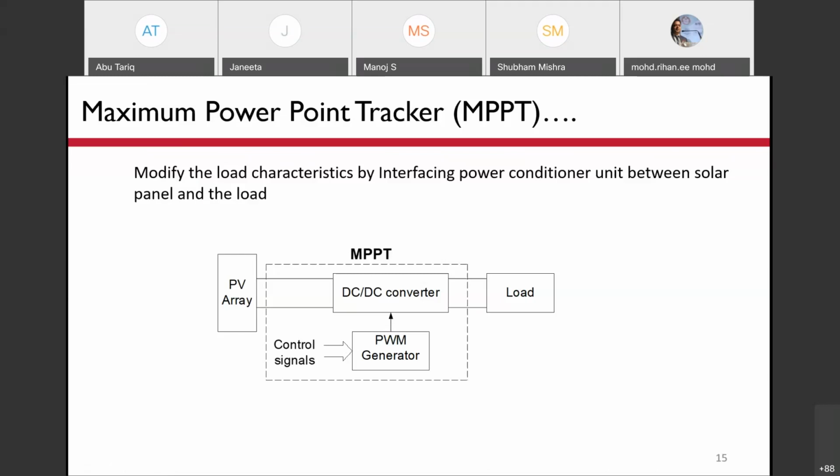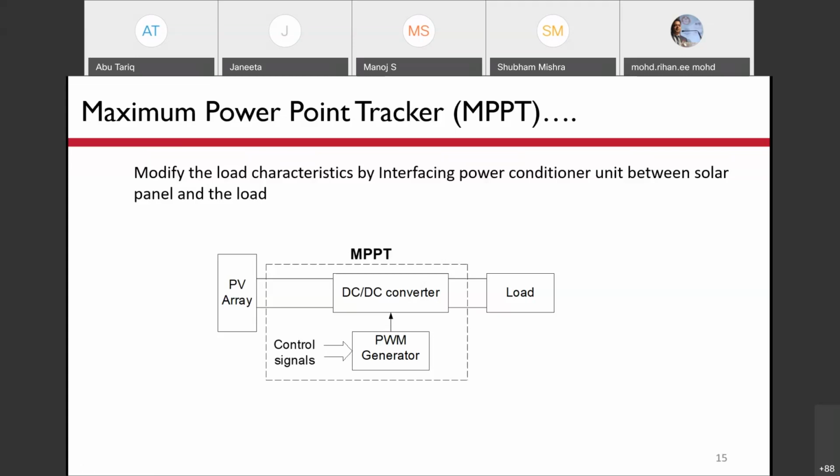There may be various ways of achieving this. There are various algorithms that are used for maximum power point tracking, for example, the perturb and observe method. We have the constant voltage method, constant current method, and incremental conductance method. Then more fuzzy logic based methods are there. So many methods are there, but the purpose is always the same.